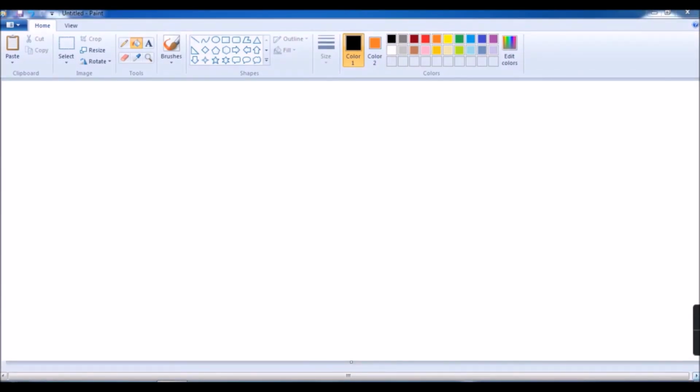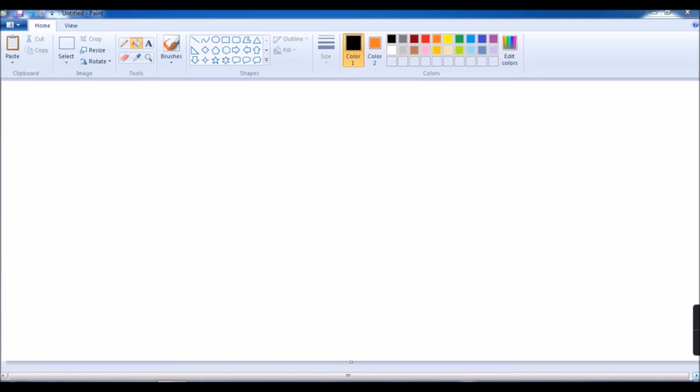Now, next is undo and redo operations. Undo and redo are two of the most useful operations in Paint. If you make a mistake, the undo operation can be used to go back to the last action done. Redo is the opposite of undo. The redo command replays the last action that undo had changed.